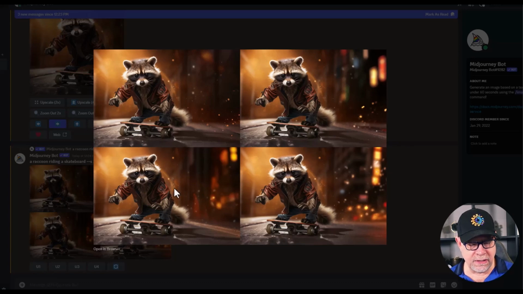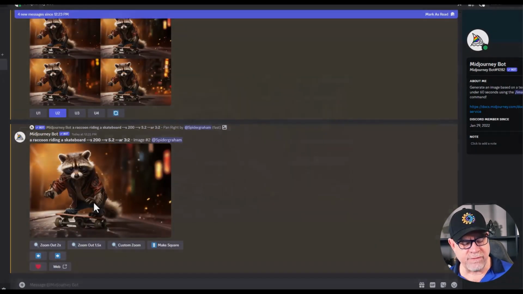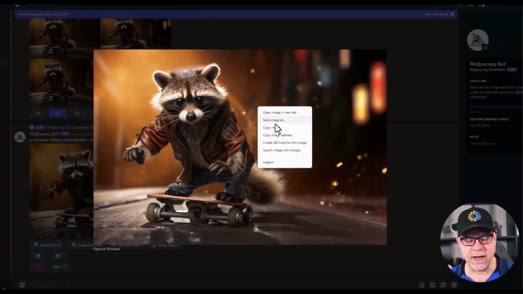And now let's say, in looking at this, all right, we got some slight differences, mostly the same image. We got basically different backgrounds here. I say, you know what? 2's the one I want. And I come in here, and I can now say, give me an output of 2. And if I want to now, I can say, yeah, that's the one I want to use in my presentation. If I right-click on this, I could save it to my computer and put it into a downloads folder or something and use it in my presentation, use it in my video, use it anywhere I want on my website, right? Now, not quite sure how the raccoon riding a skateboard is going to fit into your needs, but